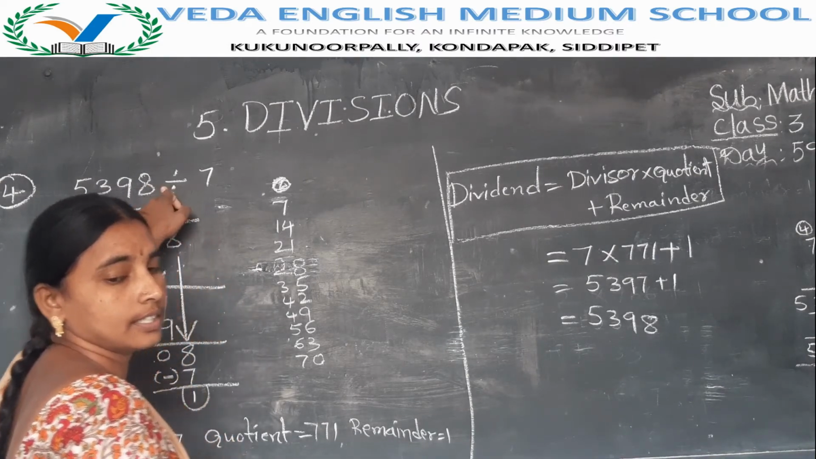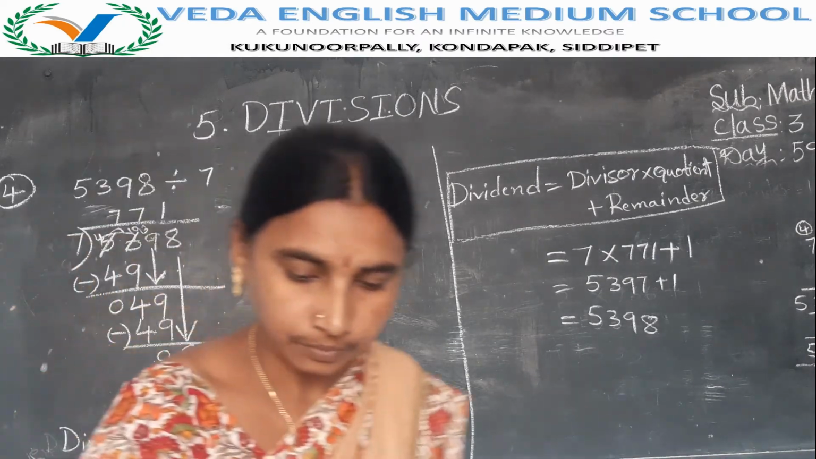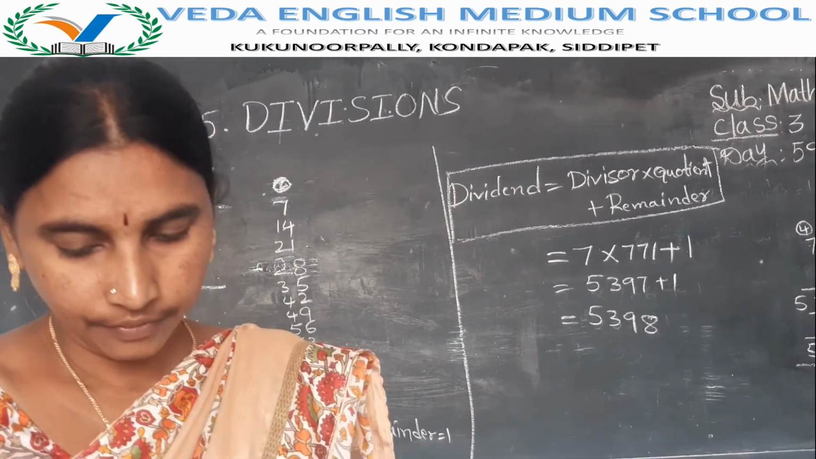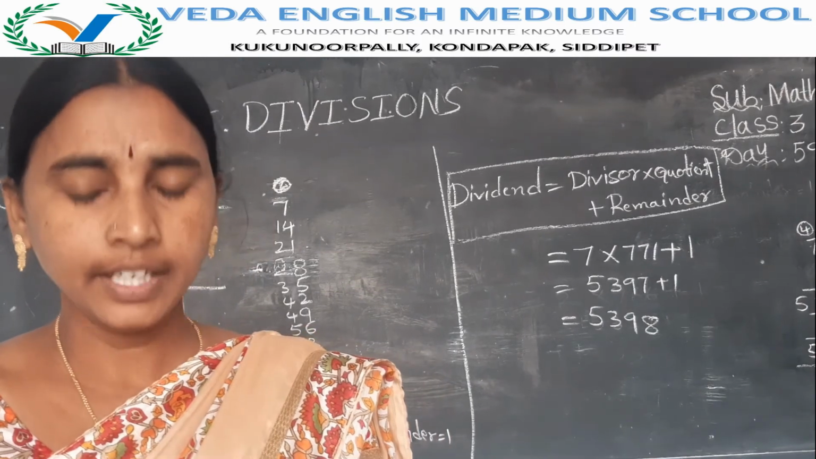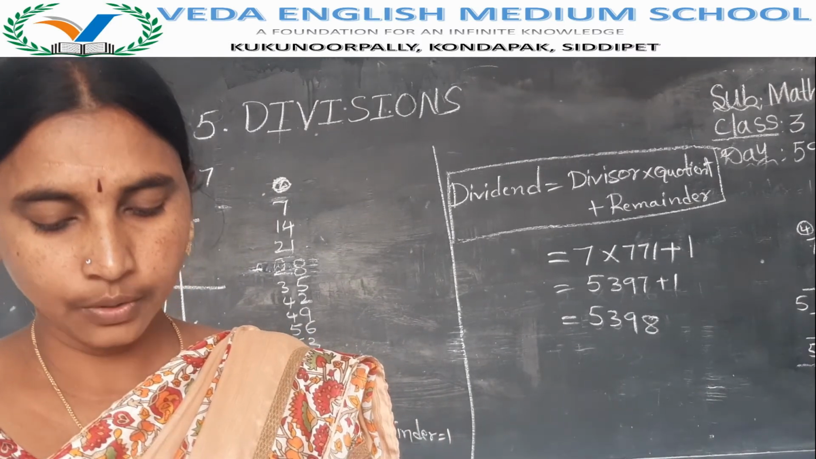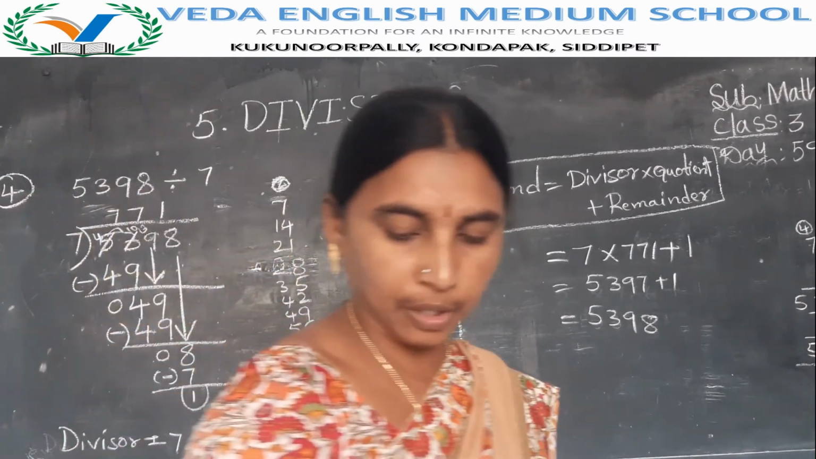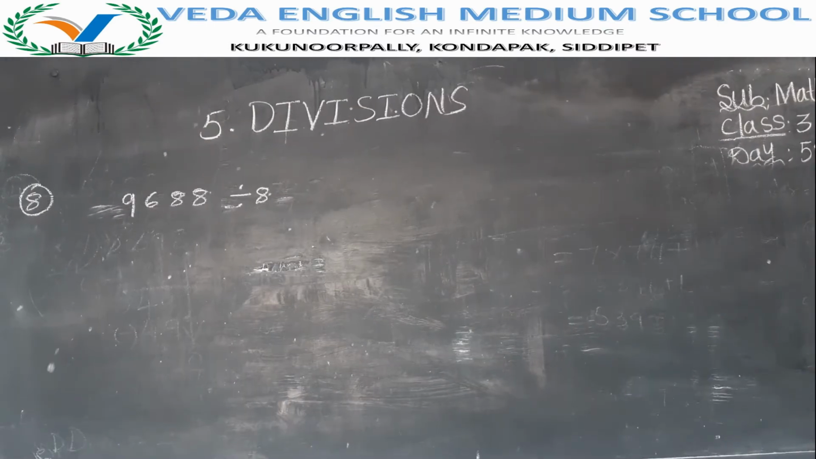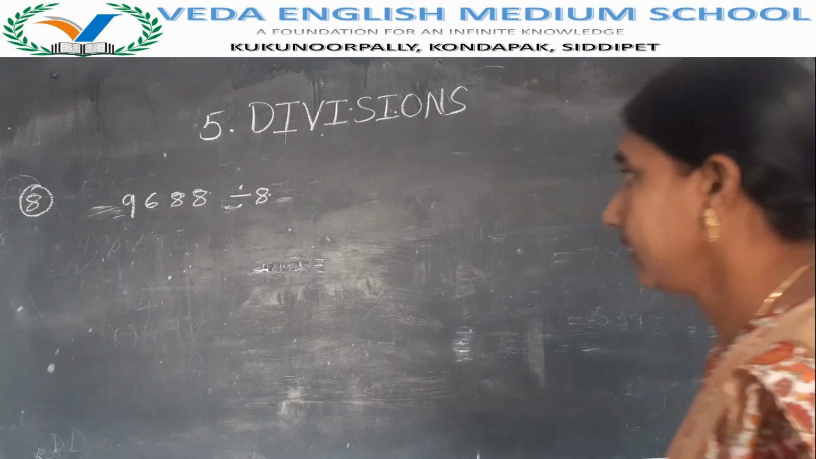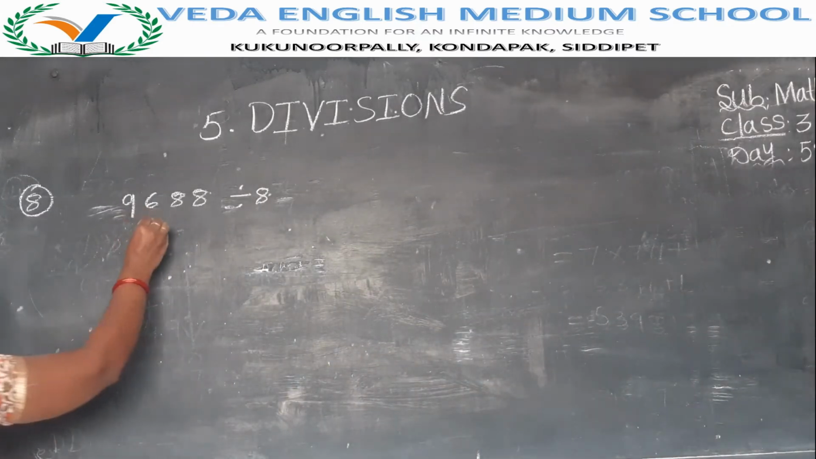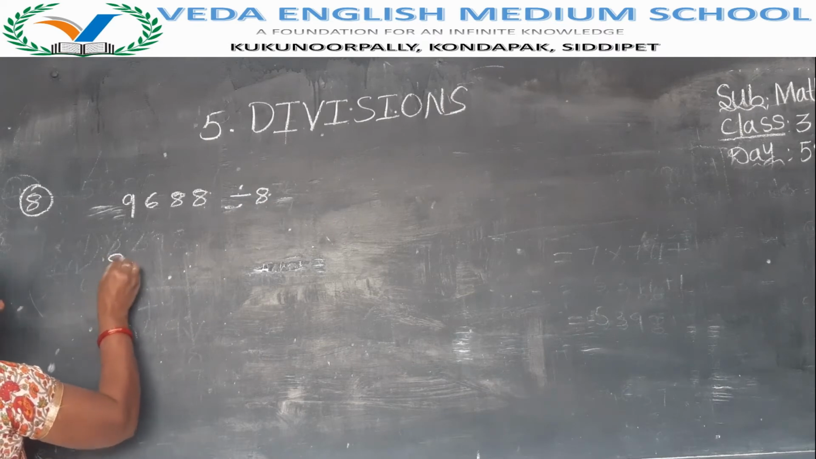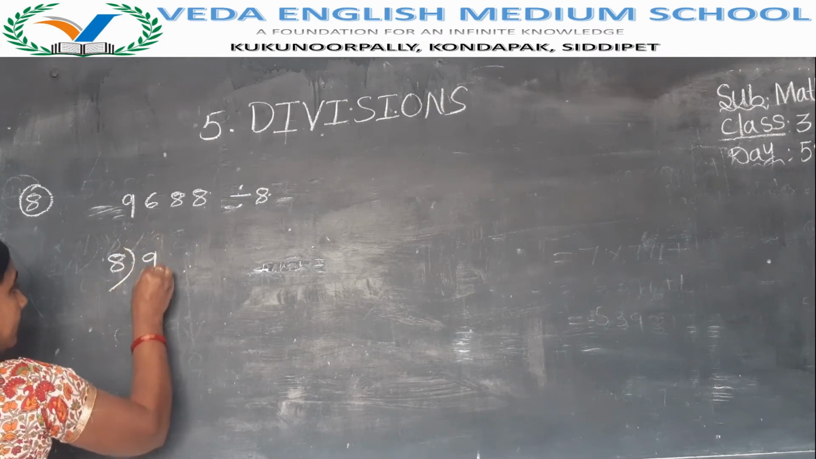5398. So children, the fourth is over. Fifth and sixth, that is your homework. Seventh one also homework. Now the eighth problem. Next, the eighth problem: 9688 divided by 8. So the divisor here is 8. Dividend is